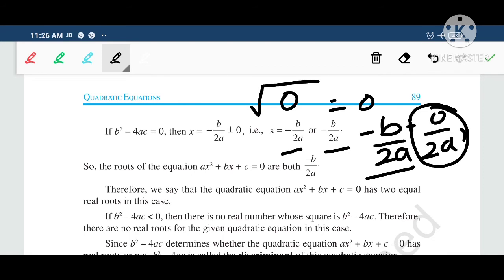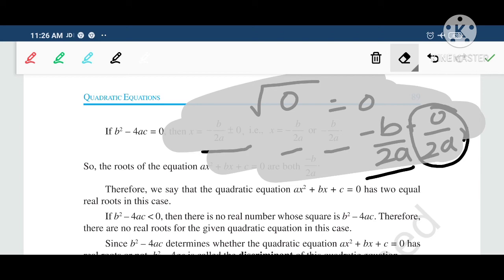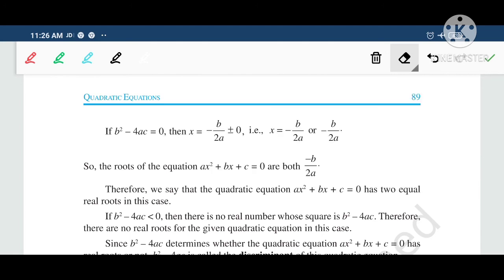That is, minus b by 2a plus or minus 0. You add 0 or you subtract 0, finally you get x is equal to minus b by 2a or minus b by 2a. So that's why, once the discriminant b square minus 4ac is equal to 0, we get two equal roots. The quadratic ax square plus bx plus c has two equal roots in this case. Okay, and next one,